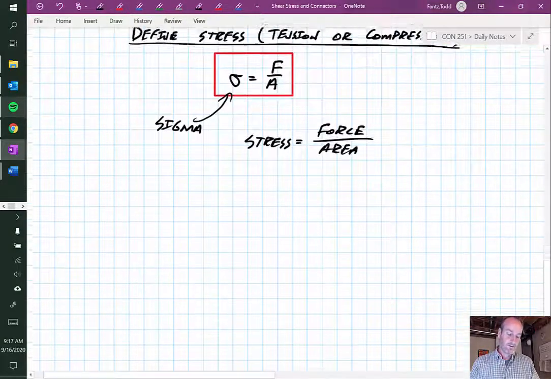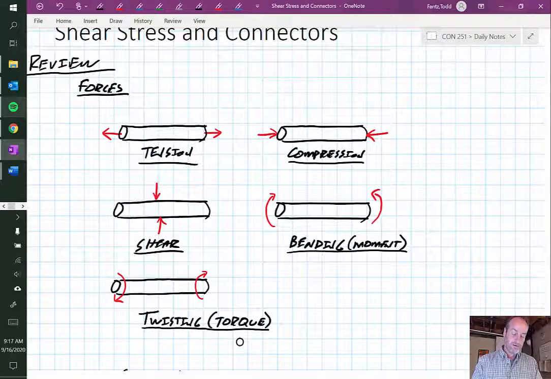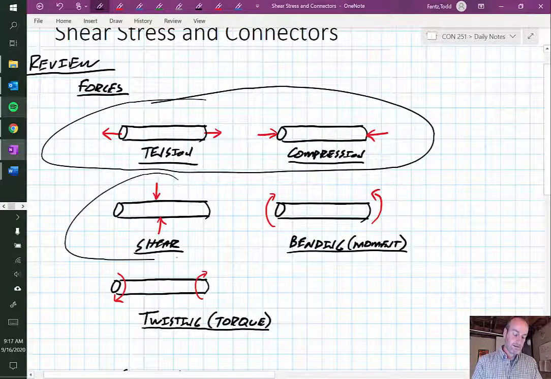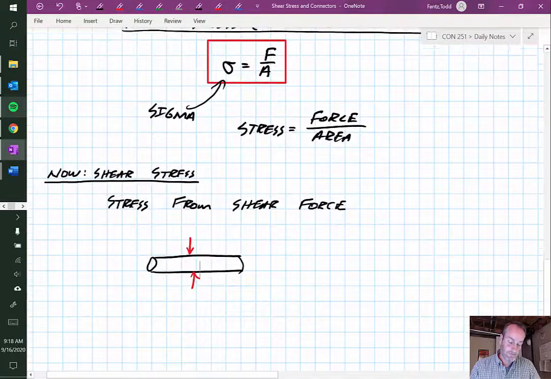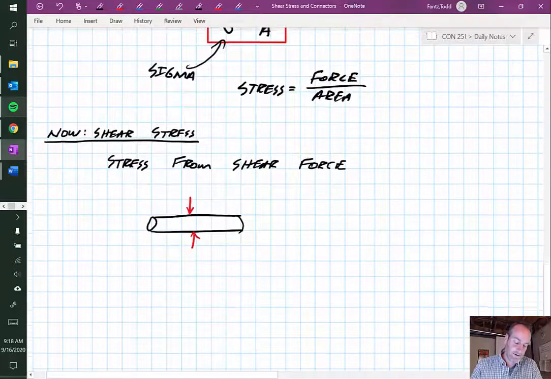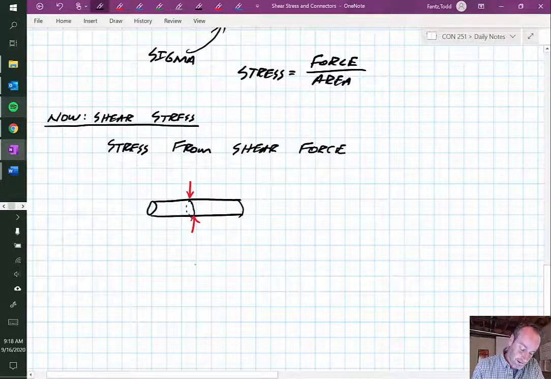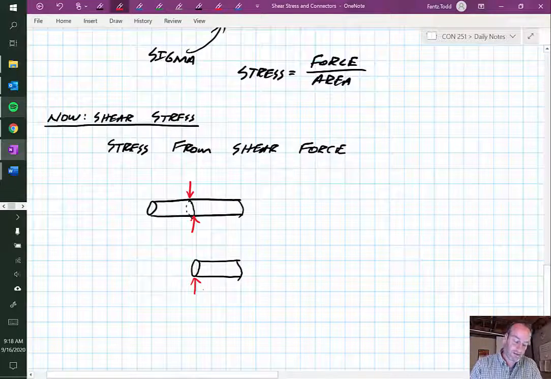And this time what we're moving on to is the other force of shear. So the first one had to do with tension and compression. Now we're going to move on and look at shear. So of course a shear stress comes from a shear force. And just like last time, what I could do is look at what's going on inside my object, my cylinder, whatever this might be. If I were to only draw the right-hand side, then I would only have one of those forces. Now, by the way, we didn't label this before, but a shearing force is labeled as a V,